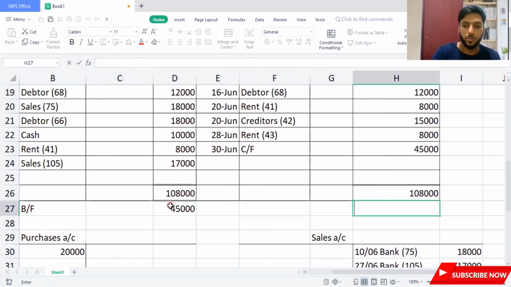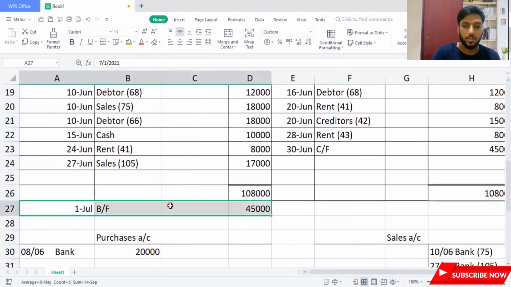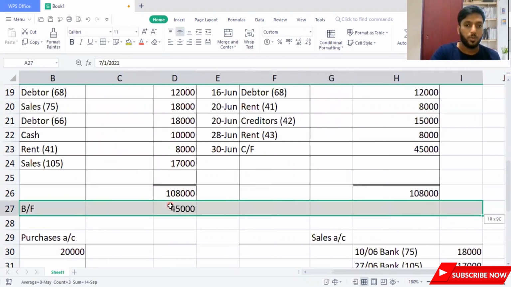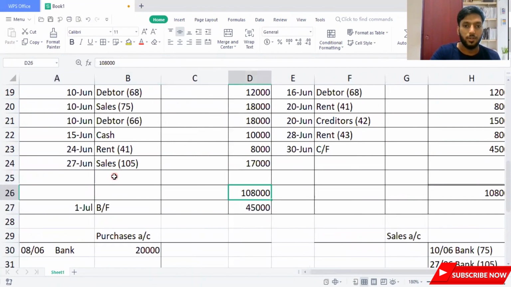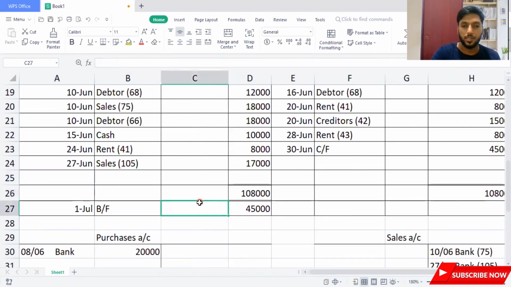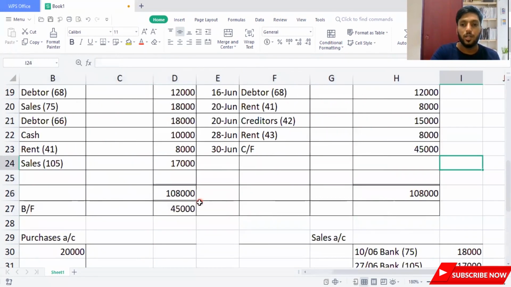So I have shown you how this works actually. I'm going to put a box for this, all borders. So now you see how this sum is actually made. It's so easy when you are actually practicing this. This will always give you good marks when you know how to do this bank reconciliation.